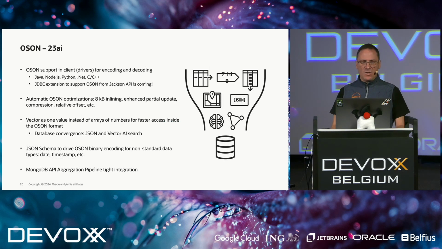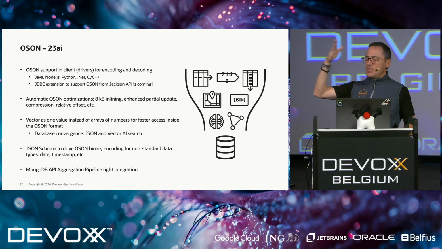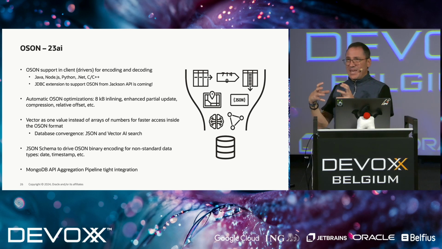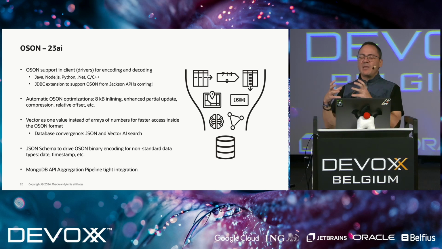Okay. In the case of the Oracle database that we support, we also allow you to store, as I said, JSON and relational, but we also support vector types from the start. And one of the great things about vector support is that you can read the whole vector as is instead of reading it as an array. So it's a single value, and you can manipulate it as you deem necessary.